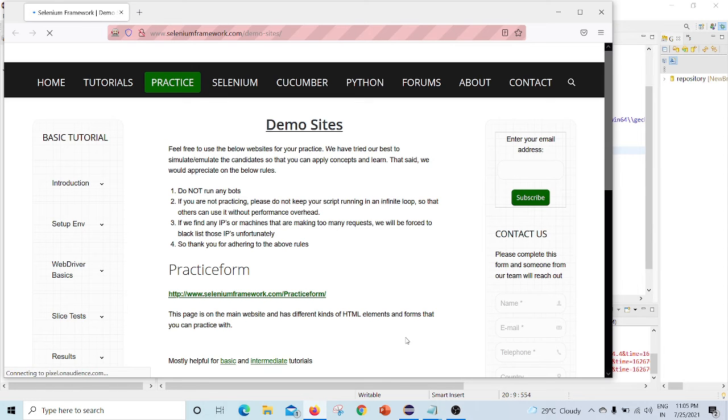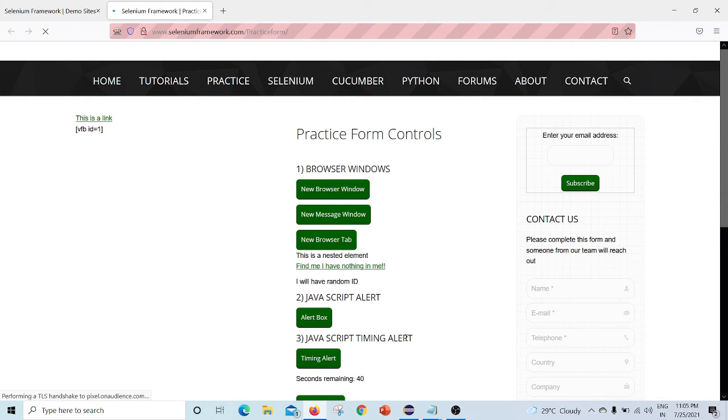It is launching the website. After that it will click on that particular link. The second tab is opened. Look guys, whenever I use the close method, it closes only the second tab, not the first tab. That means Selenium WebDriver is now in the second tab, controlling the second tab, so that is why it is closing only the second tab, not the first one.